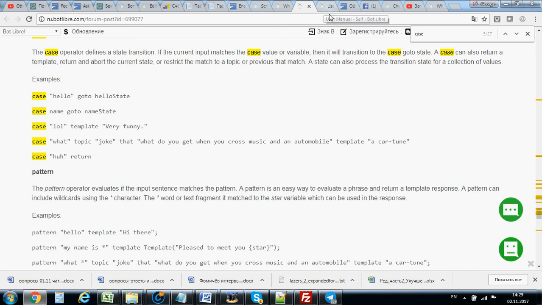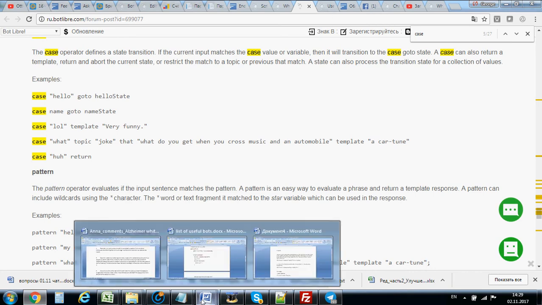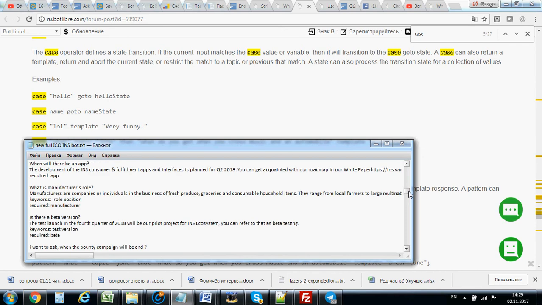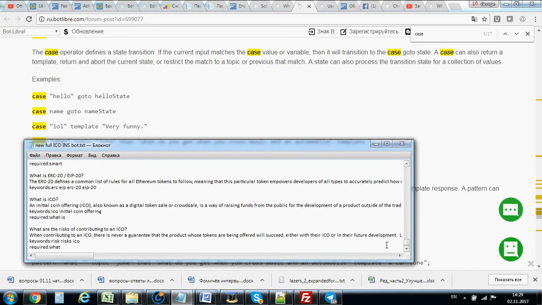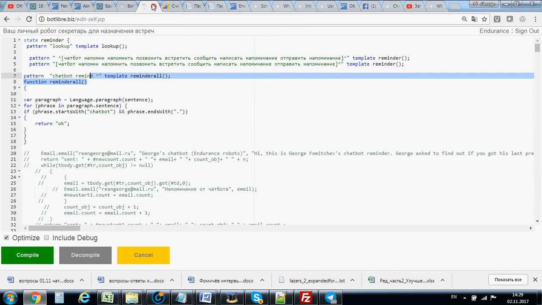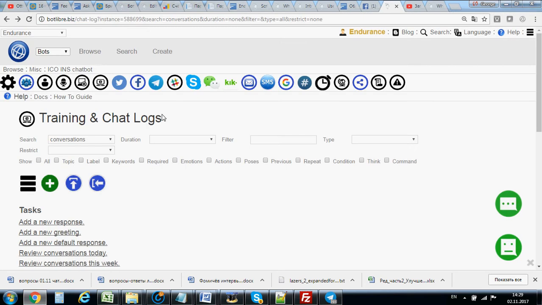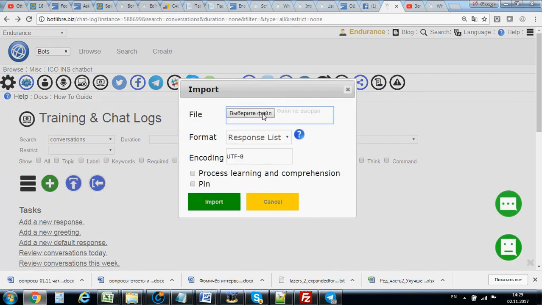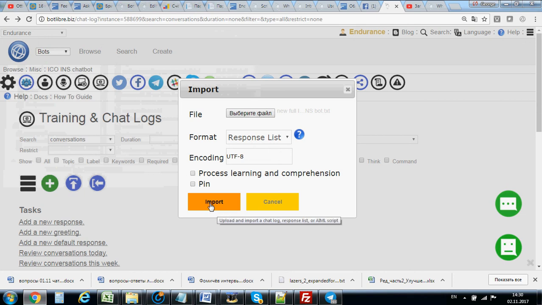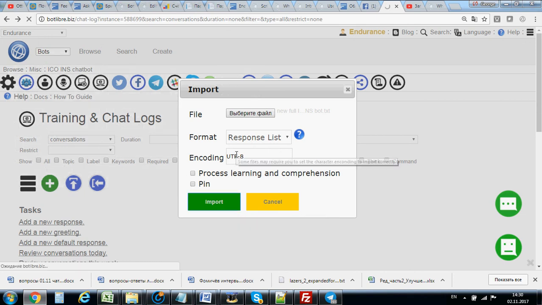It's not quite difficult, but the more conversations you upload like this, the smarter your bot will become. And then you may choose and make some tests. So let me upload this information. We made some changes in our InsBot, so I can upload it here, and now I can train it. So it's going to be trained. I hope